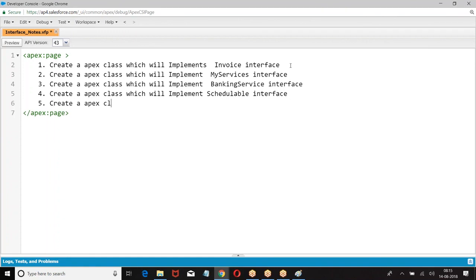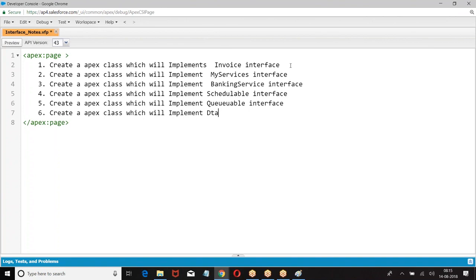Create an Apex class which will implement the viewable interface. Write the code for this.